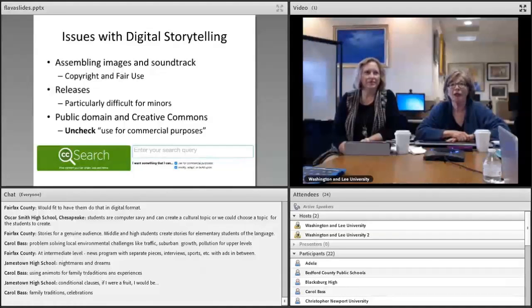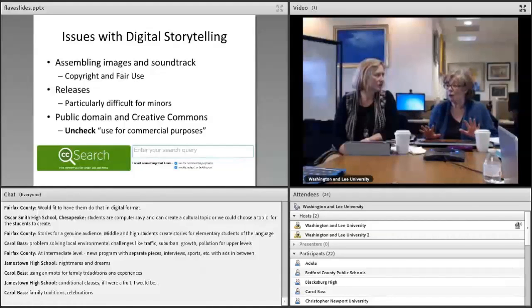If you create your own stuff, you have no copyright problems. Anything you create is copyrighted to you. You don't have to go proclaim it anywhere. It's yours, and the copyright is automatic.